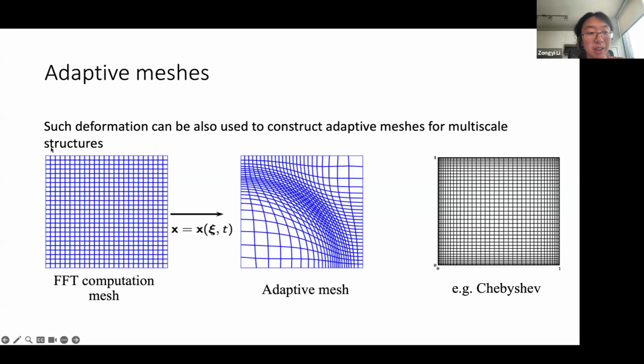So in this case, we will still have a uniform mesh where we can do the fast Fourier transform, but we're going to learn a deformation or a coordinate map that will align the shape to the input physics. For example, if I have a car, we'll try to align most of the density of the mesh along the surface of the car, right?